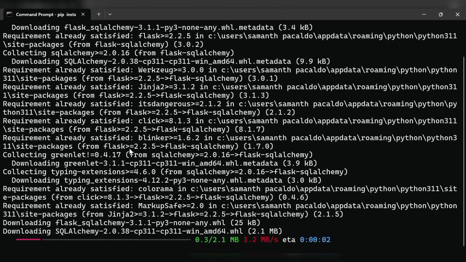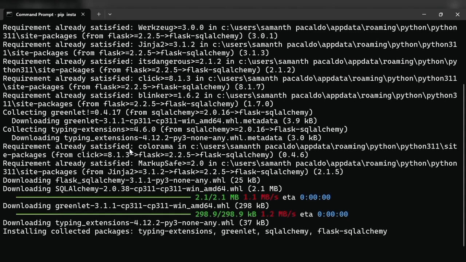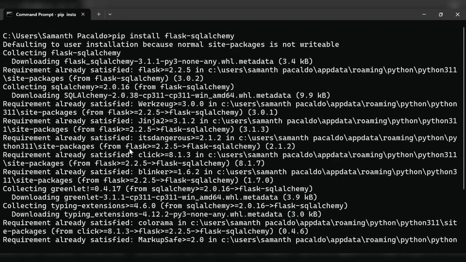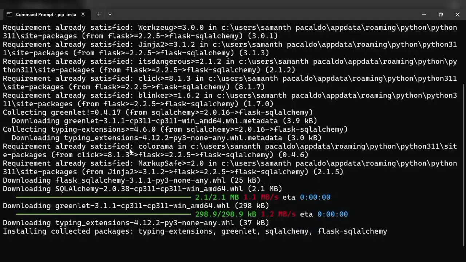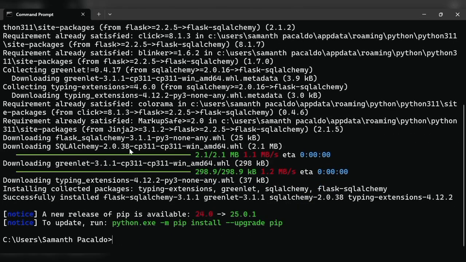So as you can see, it's already downloading in my command prompt or in my laptop itself. And yeah, so here we go.